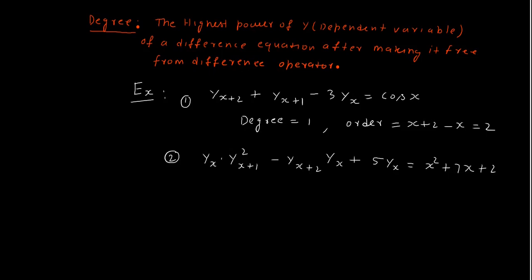So what is the degree of this one? This one is free from any difference operator. So what is the highest power of y? In the first term, highest power of y is 2. In the second term, highest power of y is 1. In the third term, highest power of y is 1. So what is the degree? Degree becomes 2. And what is the order? Order in this case becomes the difference of highest subscript x plus 2 minus lowest subscript x. What is the order? Order is also 2. So this one is a difference equation in which degree is 2 and order is also 2. So now we are in a position to define a difference equation and find out the order and degree of any difference equation. So now next we are going to discuss about